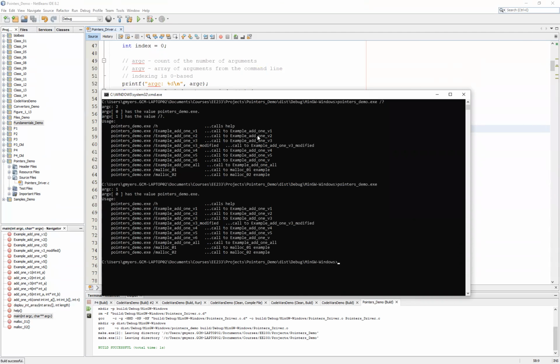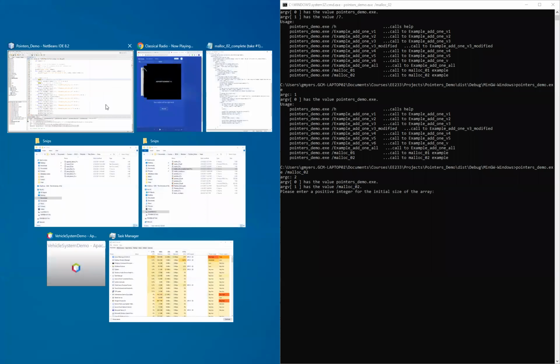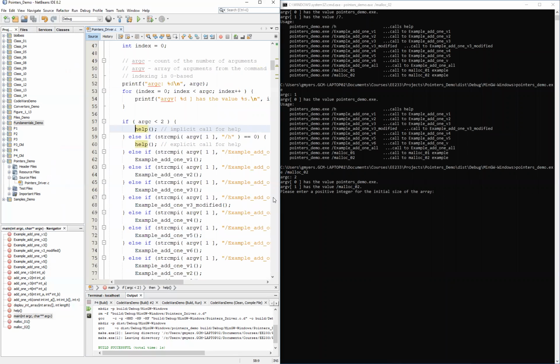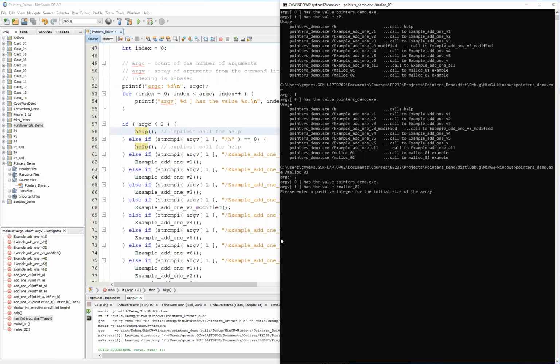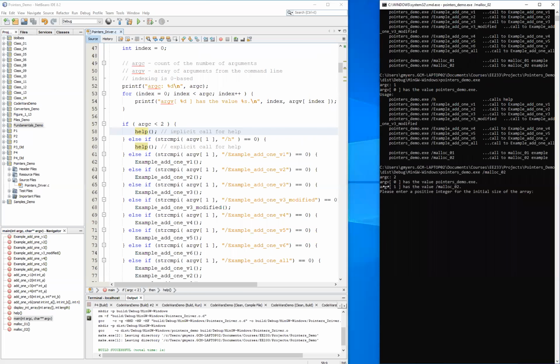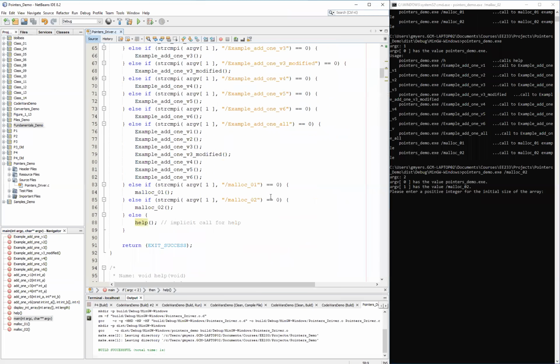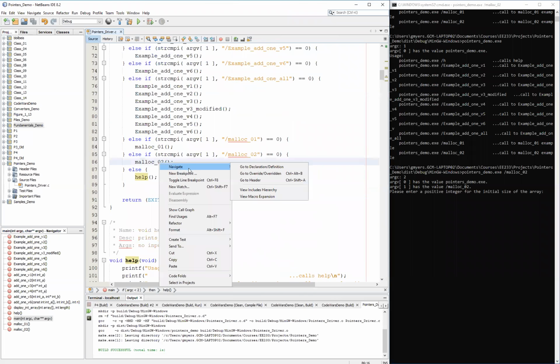All right, and so at this point then, we want to make a call to our malloc_02. And what I'm going to do is, once again, try to split my screen so that we can see both the console